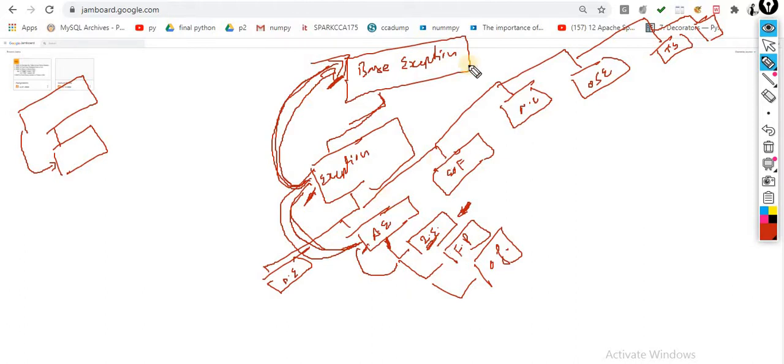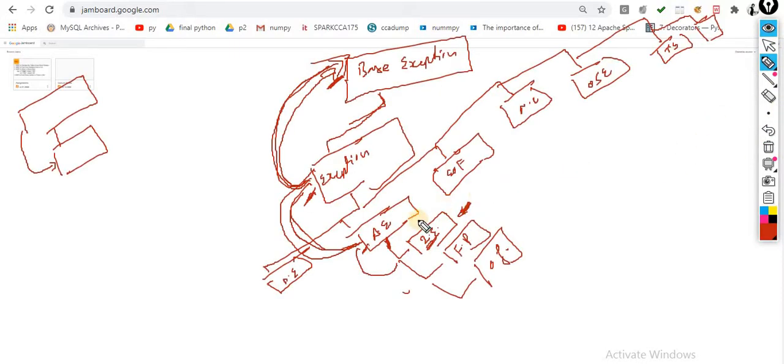So now you understand what types of errors are available, how they come on the screen, and which class is responsible for displaying everything, because this is the concept of classes. So don't worry about it. This is just for information, not that important. The important thing is how you are supposed to handle these errors.